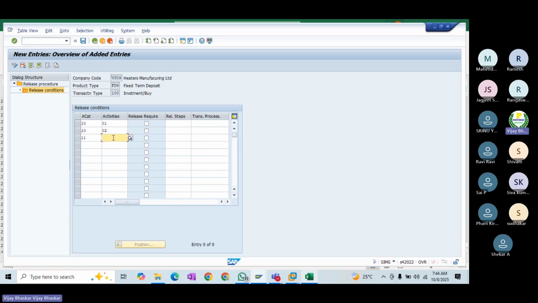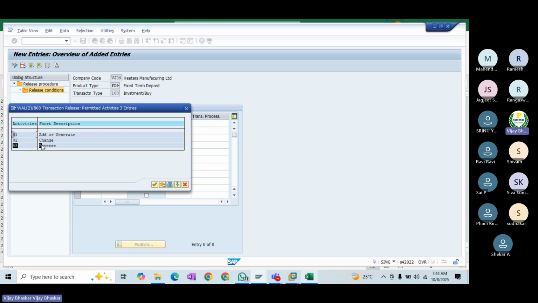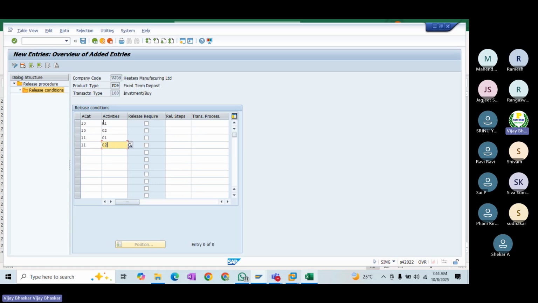Rollover is nothing but when you want to extend the contract tenure, 1102. But the 185, right? Activity category 85, it is up to you. But the first two, I would suggest, is the standard procedure which we are following.